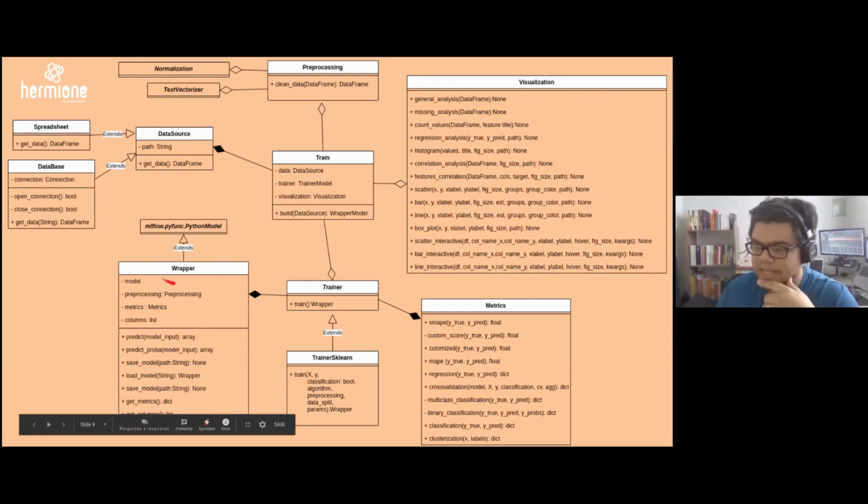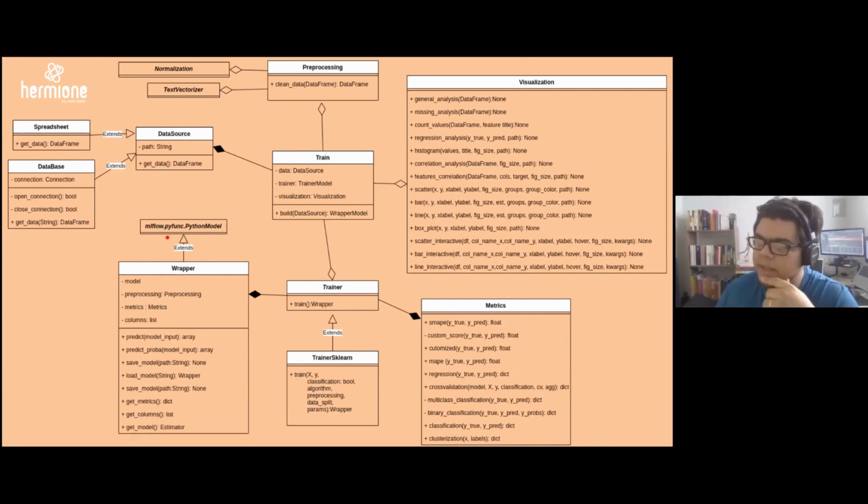And the interesting part is that this wrapper class is an MLflow pyfunc class. So it's totally recognizable by MLflow, if I may say so. For example, you can just get your results, your wrapper object, and then treat it like an MLflow model and do stuff with MLflow that you would do on a regular basis.